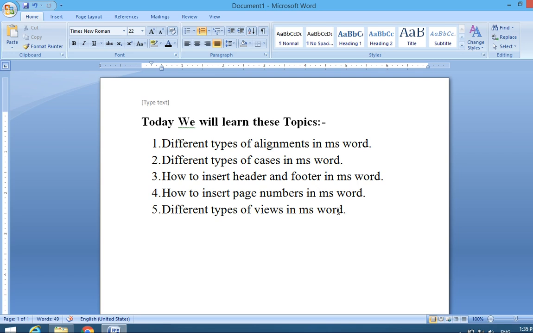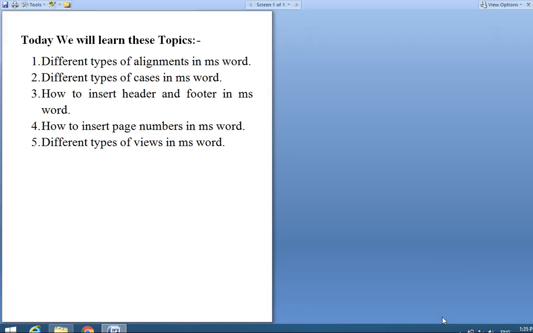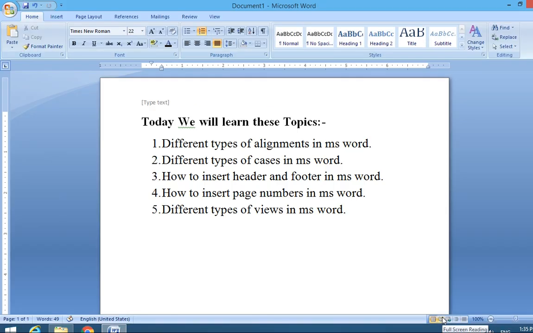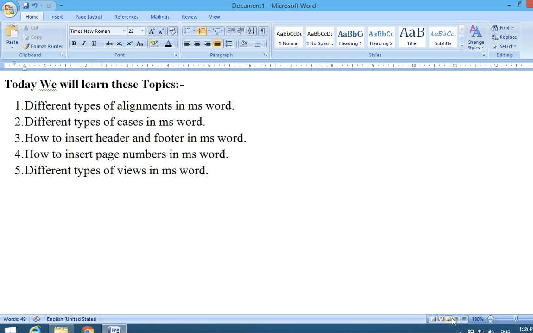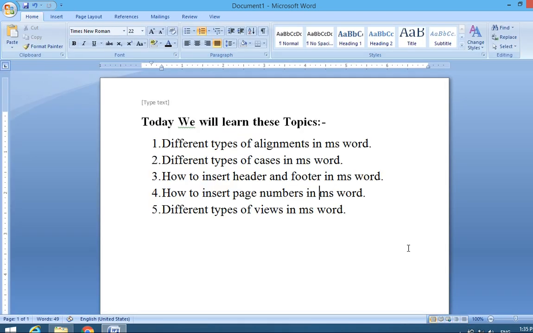Okay, now next is what are the different types of views in MS Word. There are different types of views. First view is, by default view is print layout, and second view is full screen reading. Okay, and third is web layout, fourth is outline, and fifth is draft. Okay, so these are the 5 different types of views. Okay, so revise these topics. Okay,